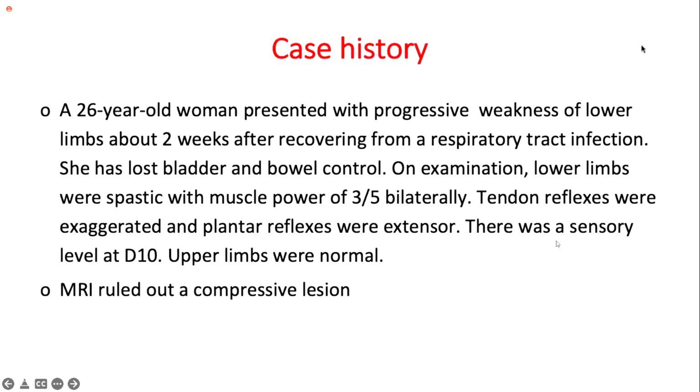Okay, let's move on. So we have ended the lecture. Question 26. This is the case history we started with. A 26-year-old woman presented with progressive weakness of lower limbs about 2 weeks after recovering from a respiratory tract infection. She lost bladder and bowel control. On examination, lower limbs were spastic with muscle power 3 out of 5 bilaterally. Tendon reflexes were exaggerated and plantar reflexes were extensor. There was a sensory level at T8. Upper limbs were normal. MRI ruled out a compressive lesion, because I said we first always consider